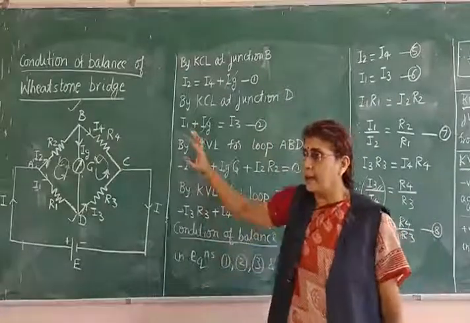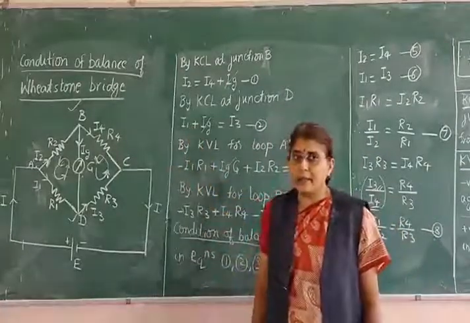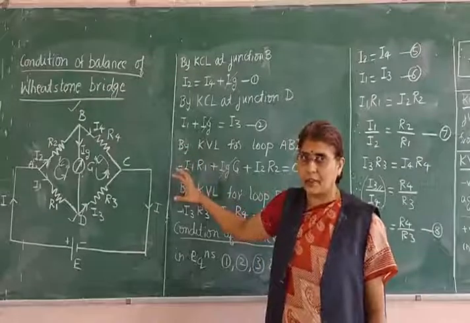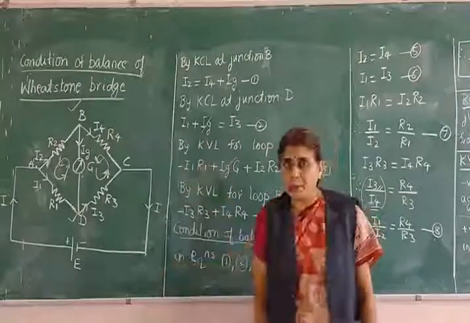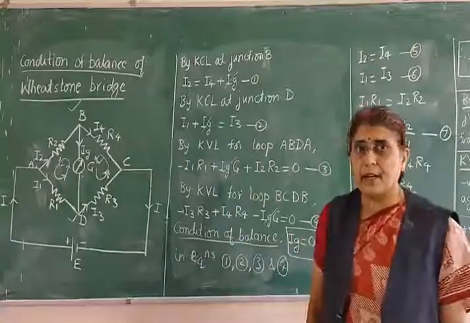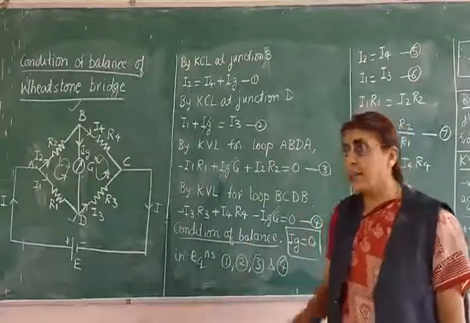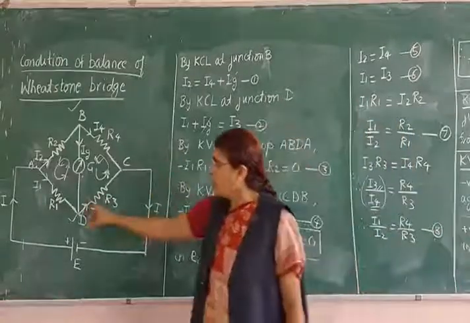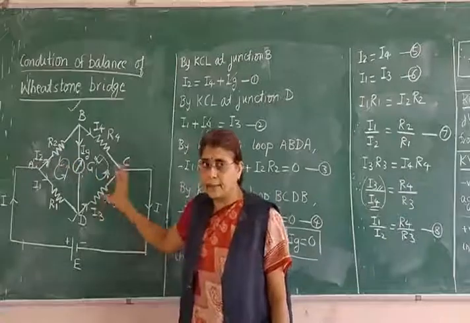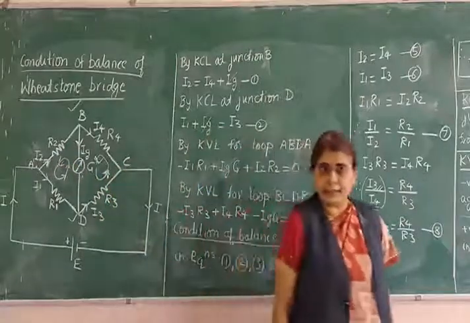This is a repeatedly asked question in current electricity, and it is a 5 marks question. So if you want to remember the derivation for this 5 marks question, I will tell you briefly what the steps for the derivation are. First thing is, draw the correct diagram with the correct direction of currents. That is the first step.